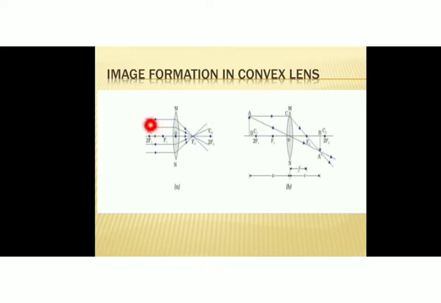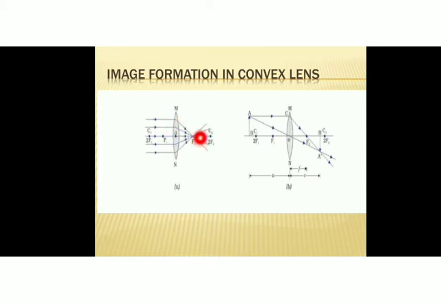And here, when the object is at infinity, all the refracted rays actually converge at a point. And what is that point? That is focus. And image is formed at the point where all the refracted rays meet together or intersect together. So here all the refracted rays intersect together at the point F2. That means at the focus of the lens. So image is also formed at the focus. And what type of image will be? It will be a real image because the refracted rays actually or really converge at this point.